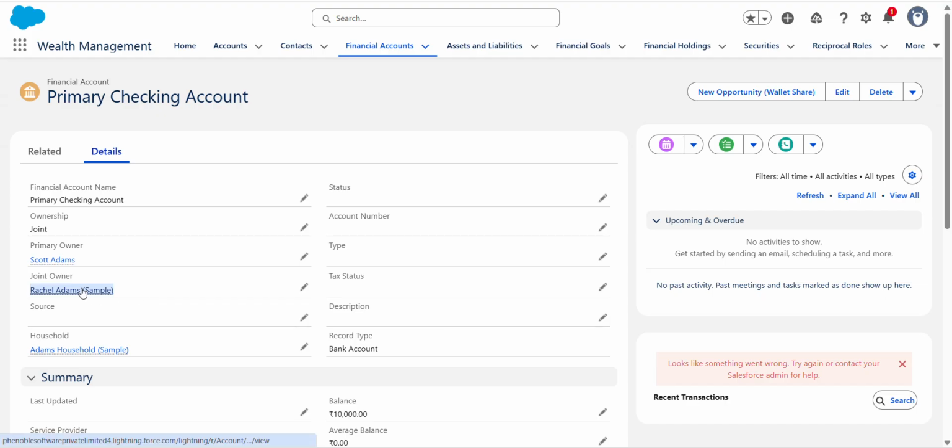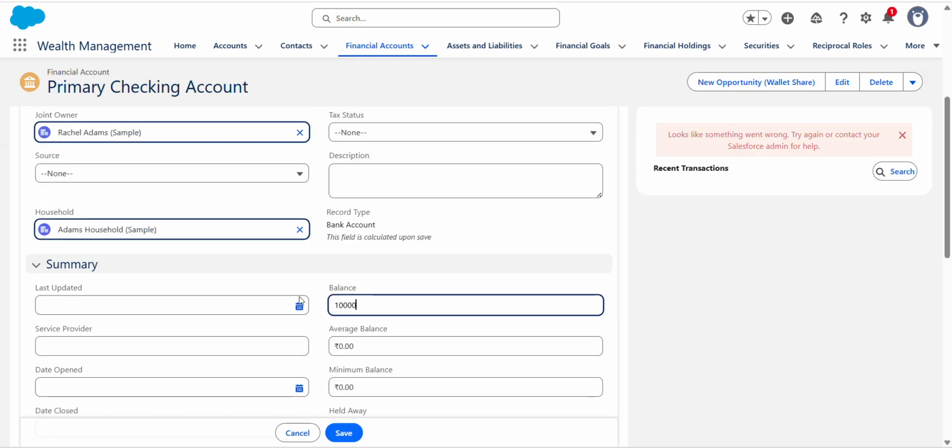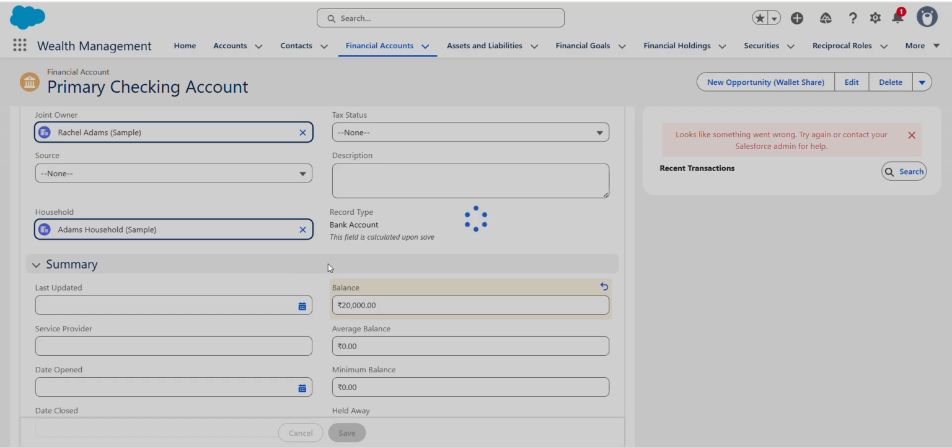Go into the primary checking account and change the balance to 20k. Click on save.